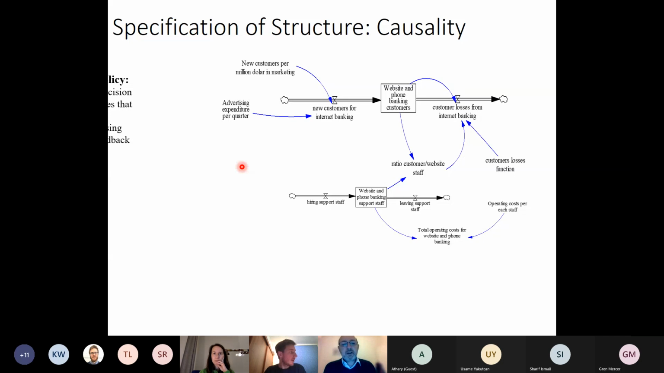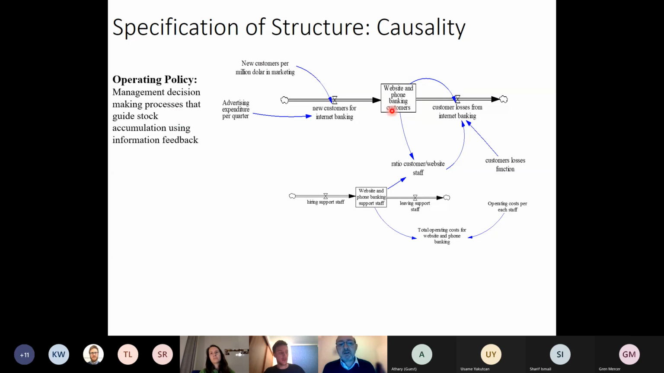We have something that we call operating policies. So some of these relationships are operating policies. These relationships are decision-making processes that guide the accumulation of stock using information feedback. So in this case, for example, the accumulation of new customers into this number of customers comes from a decision, a management decision, of doing investment in marketing. And how do we represent that investment in marketing? By the money that they spend and the efficiency of that investment. So that gives me the new customers